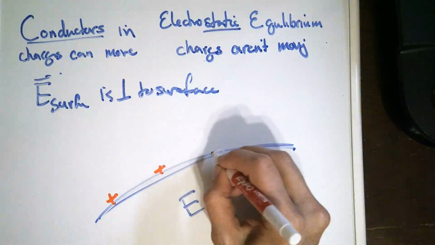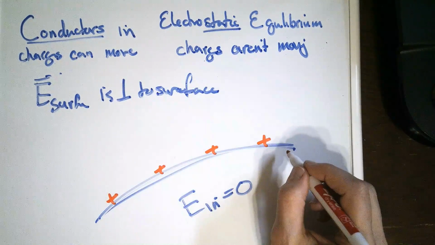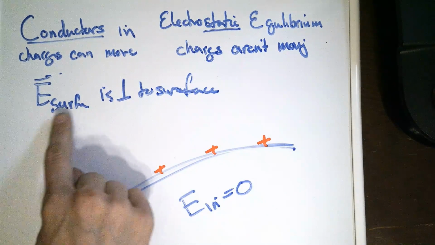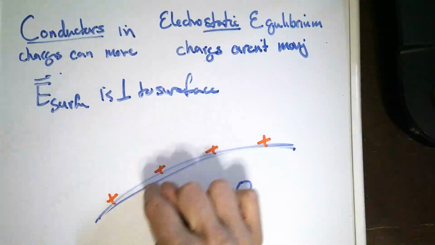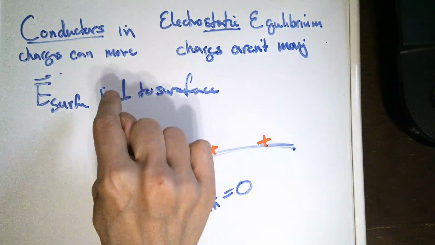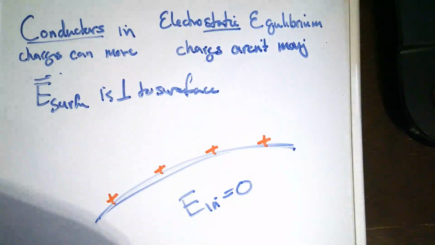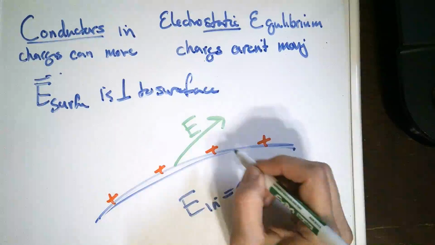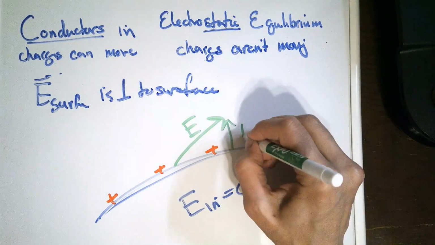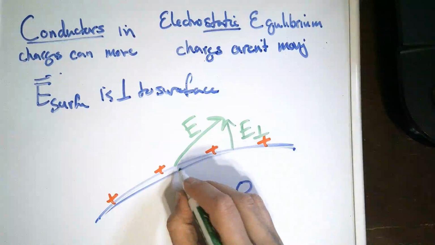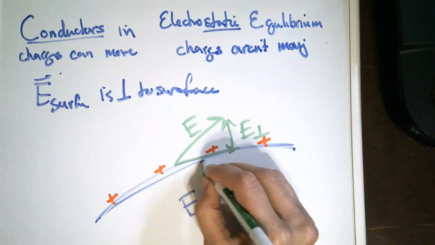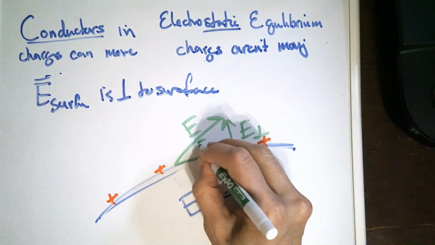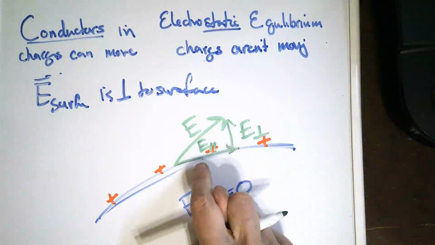Any charge that is unpaired in its atom is out here on the surface. And let's say that's not true. Let's say there is some electric field right here on the outside on the surface that is parallel to the surface rather than perpendicular. So maybe we have an electric field which looks like this, and some component of it is perpendicular, that one, but maybe some of it is parallel, like that. And in fact, I'm not even going to write it there because the electric field inside is always 0. I'm going to write it up here. All right, so if